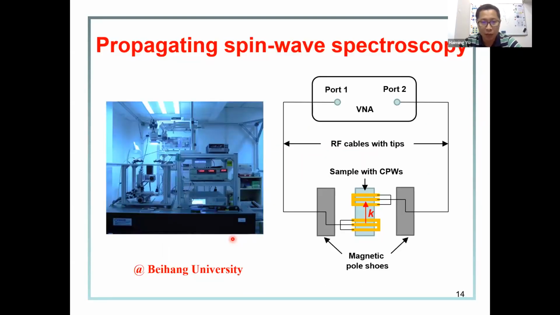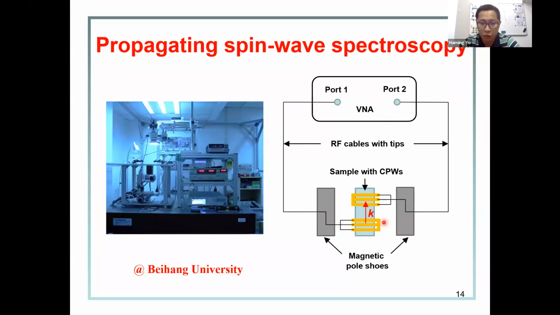The experimental data was taken by so-called propagating spin wave spectroscopy. This is actually pretty simple. We have two micro antennas, typically coplanar waveguides, integrated on the thin film sample. And we connect these two coplanar waveguides to the pico probe with RF cables to port 1 and port 2